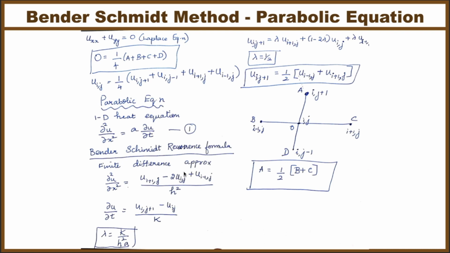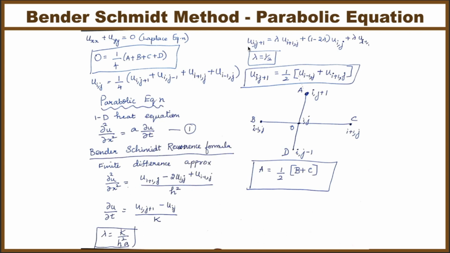First we have dou square u by dou x square is equal to ui plus 1 comma j minus 2 ui comma j plus ui minus 1 comma j divided by h square, and dou u by dou t is equal to ui comma j plus 1 minus ui comma j divided by k. After that we have to substitute these over here. If we substitute dou square u by dou x square and dou u by dou t, we get the value of lambda. We take lambda is equal to k by h square, and by solving we get this equation,